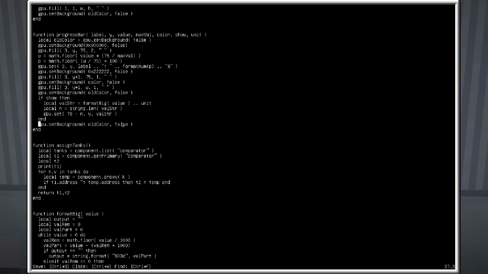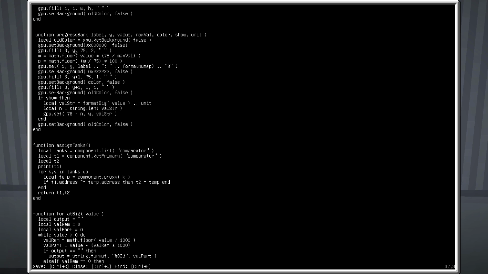So again, I use the false here, which means that the old color is a hex value. So I'm saying use the hex value, and it is a hex value, and set it back. So that restores it the same way as the clear did. Just good practice. Alright, and here I'm setting the background color to 0. I am filling